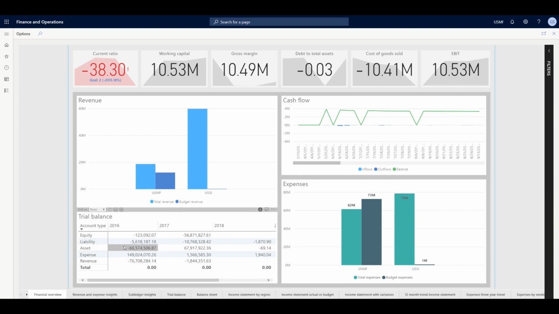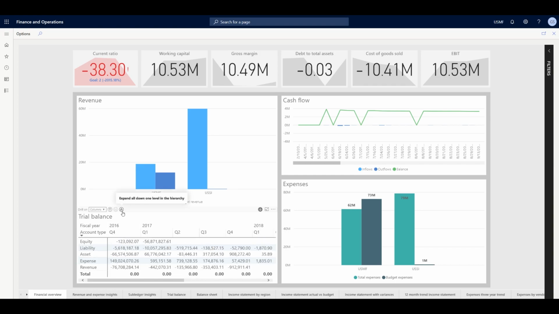Okay. And something else I can do is switch the drill down, or the drill on, to columns. And so there we go. By doing that, I can look at specific information for specified years. So if I click drill down on all levels, you'll see it's a different kind of breakdown. I'm still seeing equity, liability, asset, expense, revenue at the high level, but since I switched it to columns,